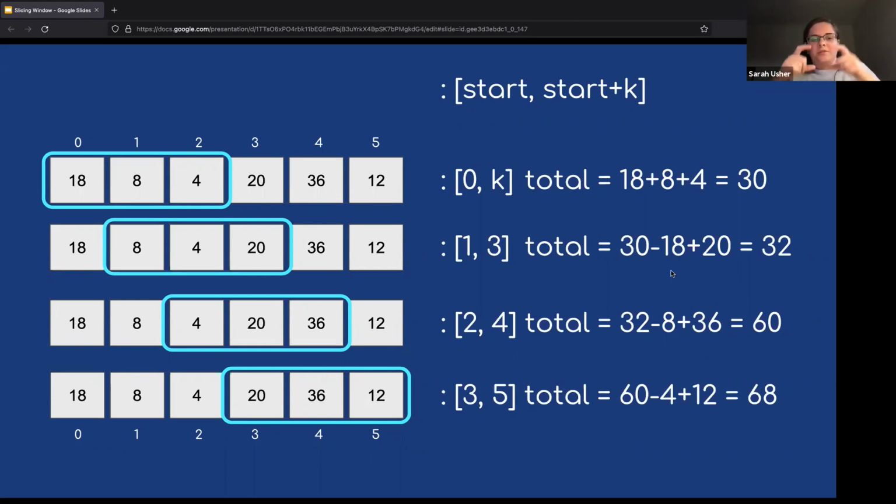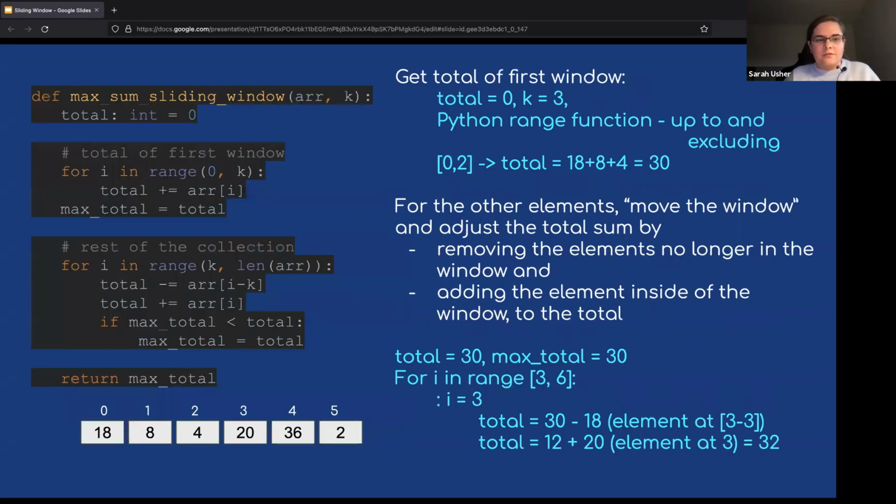And these values are the same as the other sets. But the difference is that we've used this paradigm of a window to adjust the way we were thinking. So previously in the brute force algorithm, we said to ourselves, okay, let us have an index of I that we keep track of, count to 3, and then count all the values, and then repeat that, loop through that. So how is this different? Well, what we didn't do is repeat through the collection again. So if we have a look here,